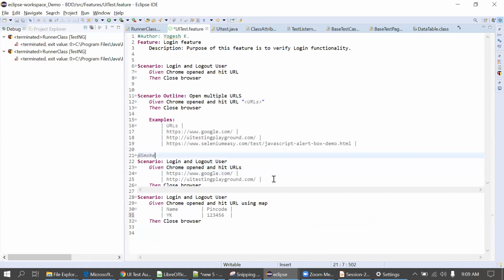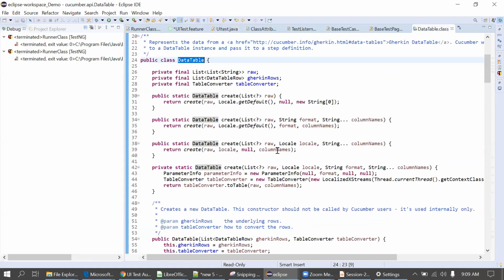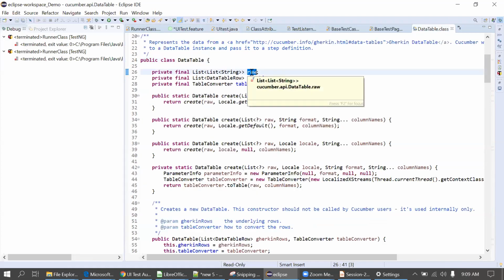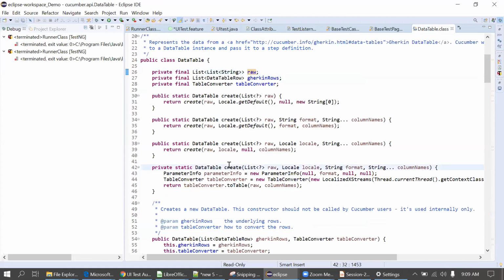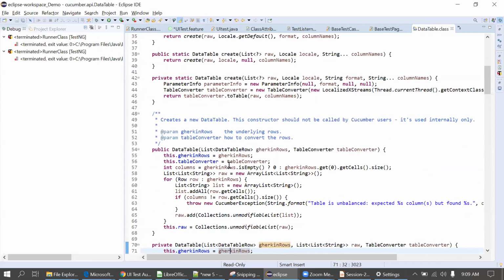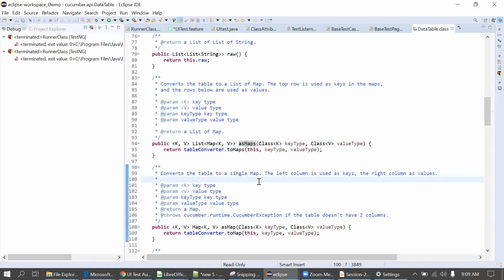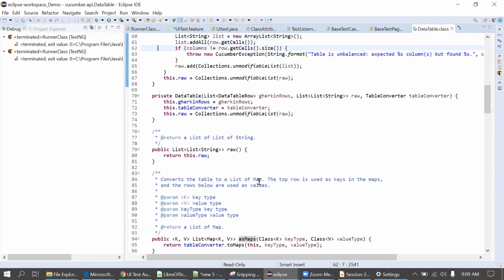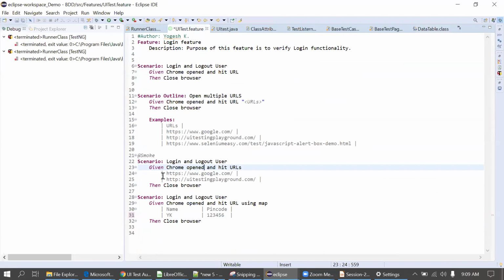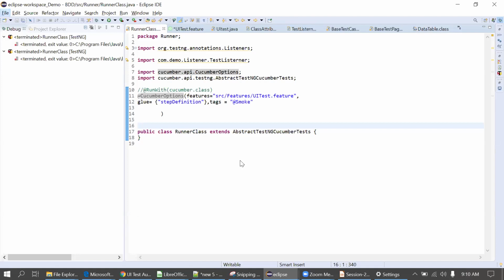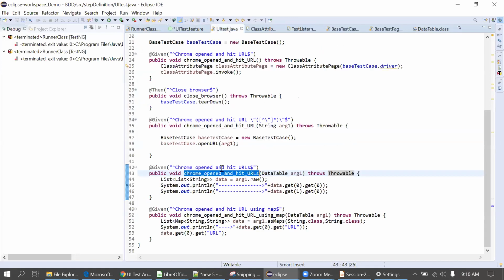If you don't remember this method, you can just go inside this implementation. You can go inside this data table and look for the method raw. It's present on the top only. And I think there should be a method for as map as well. This one is only used for lists, right? If it's a table, we do not use it. It's not a list; we cannot say it's a list. It's a data table format. And the return type is a list of list. We're just converting that into a list of list.